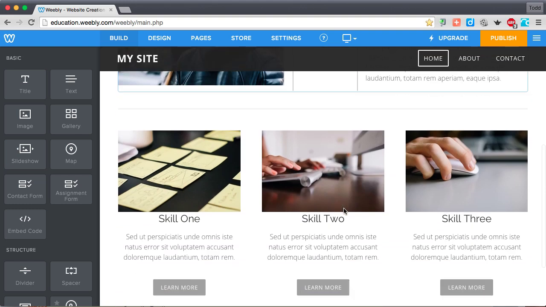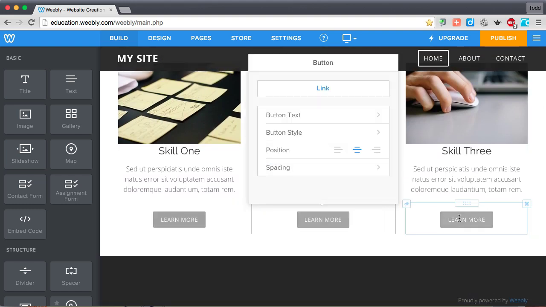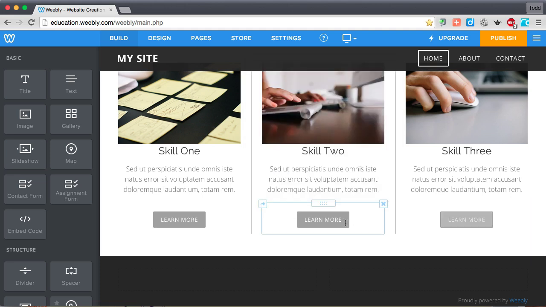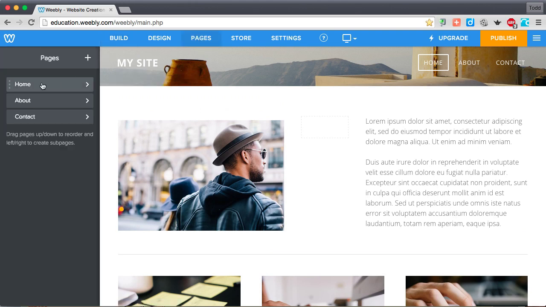Okay. Now a lot of you I've noticed are going to be using these buttons here, and by default they're not linked to anything. Okay, they say learn more. Now you can always link those out to new pages that you create. Okay, so let's go ahead and we'll create some new pages. I'll come up here to the Pages tab, and it shows me the pages that I have. I'm going to